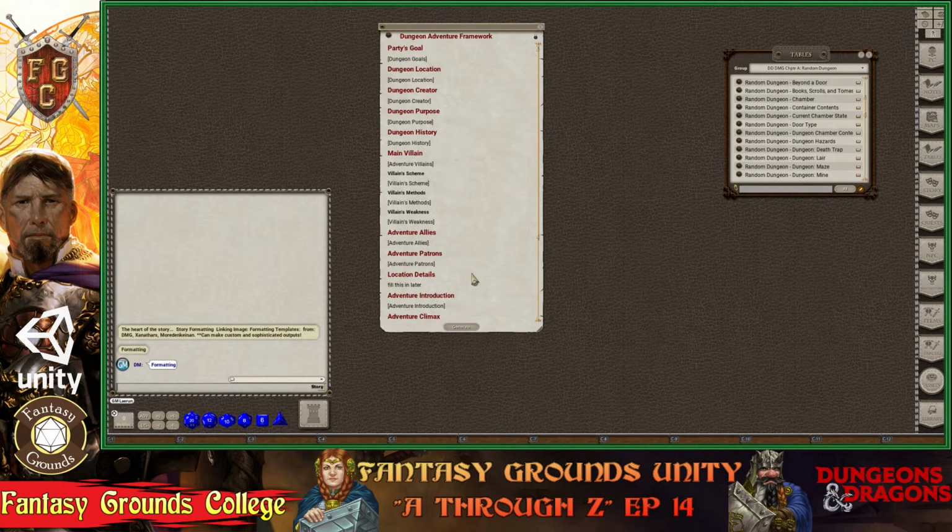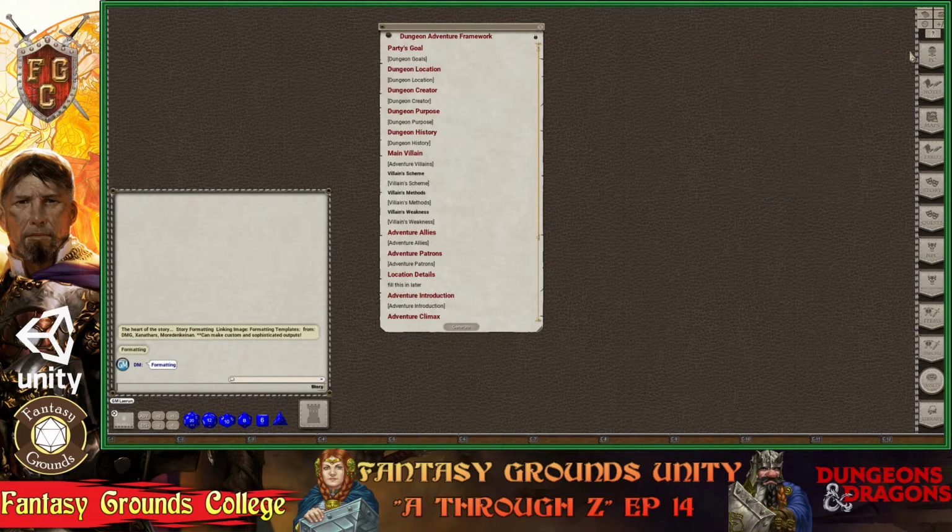So let's say you wanted to create a one-shot. You don't want to go out and buy anything. You already have all the content. So you would build all your tables first. Once the tables were built, you would put them in a group of some sort, of course, while you're building them, and you would name them aptly. Once you're done with all the tables,